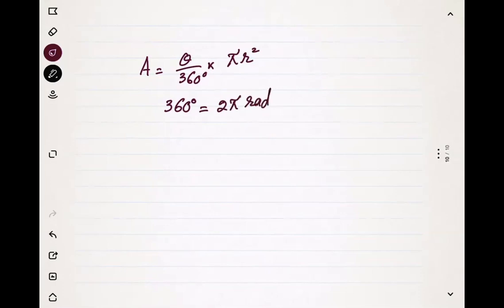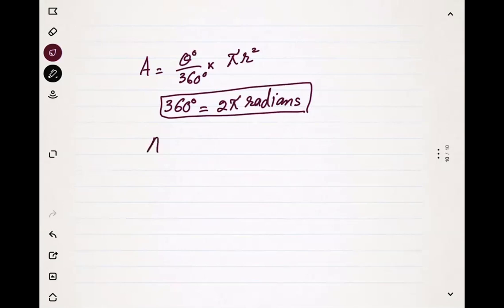However, before that, from where do we get this formula for area of sector? In your O level, you studied area of sector is theta over 360 into pi r square. Now 360 degrees in radians is 2 pi radians. So in a complete circle, the angle can be given as 360 degrees, or as 2 pi radians. If you convert the unit of angle from degrees to radians, then the same formula could be written as